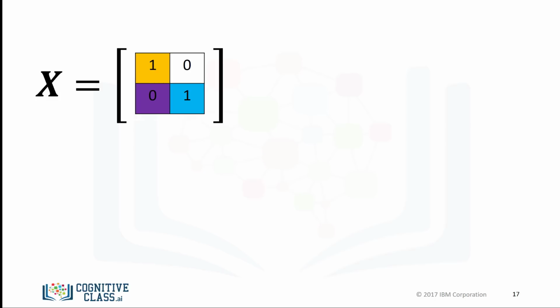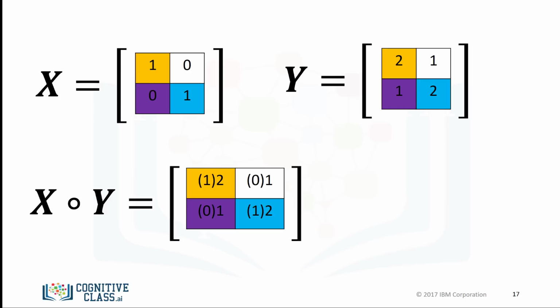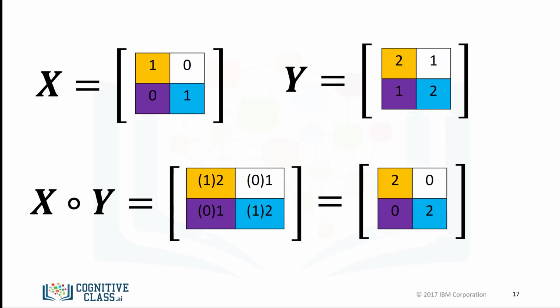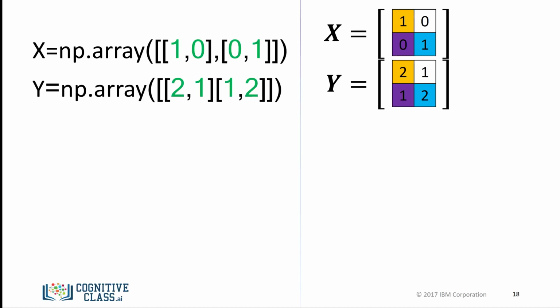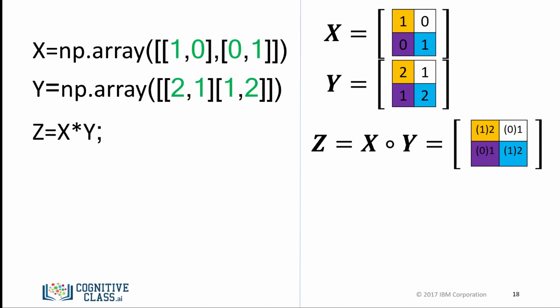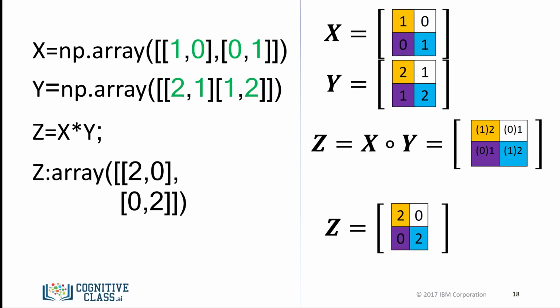Consider array X and array Y. Hadamard product corresponds to multiplying each of the elements in the same position, i.e. multiplying elements contained in the same color boxes together. The result is a new matrix that is the same size as matrix Y or X. Each element in this new matrix is the product of the corresponding elements in X and Y. Consider the array X and Y. We can find the product of two arrays X and Y in one line and assign it to the variable Z as follows. The result is identical to Hadamard product.